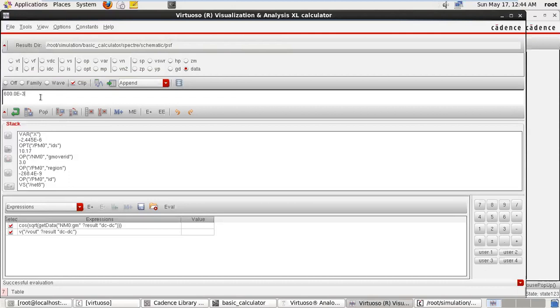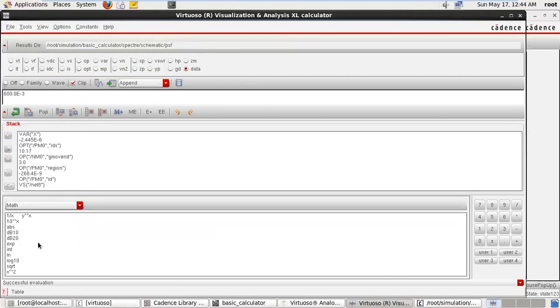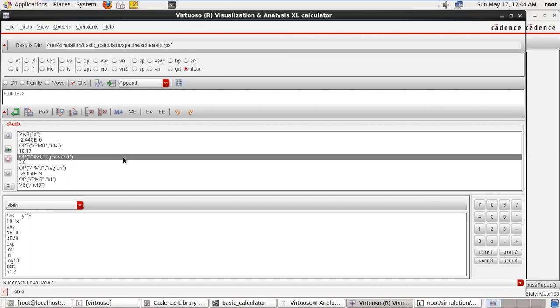So we can perform any type of operation using this window. Okay, all favorite math operators or any type of operator, and these are the buffer window and stack window. These windows are used to manage different types of expressions.